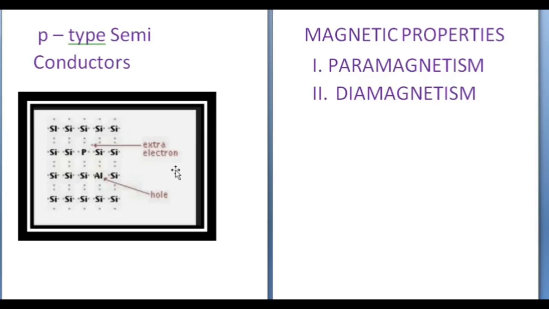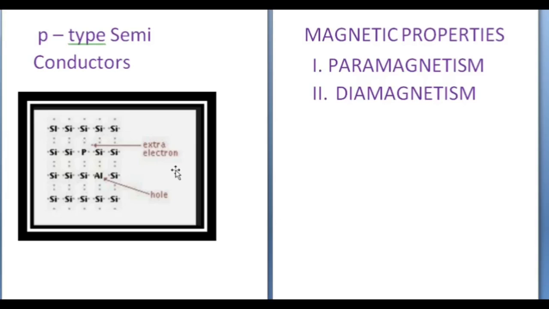Electron being a charged particle and having these motions can be considered as a small loop of current which has magnetic moment. Thus, each electron has a permanent spin and an orbital magnetic moment associated with it. Its magnetic moment is very small and is measured in Bohr magneton, which is equal to 9.27 into 10 to power minus 24 ampere meter square.